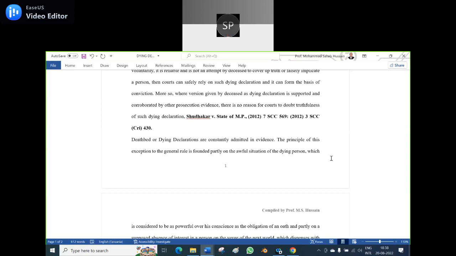If you have the case law, please send it to us or keep it in the group so that everybody can know it and we can discuss it also. Okay, sir. That is quite a good idea, because in the learning process you can search something I cannot search, and when I can search something, you cannot search.